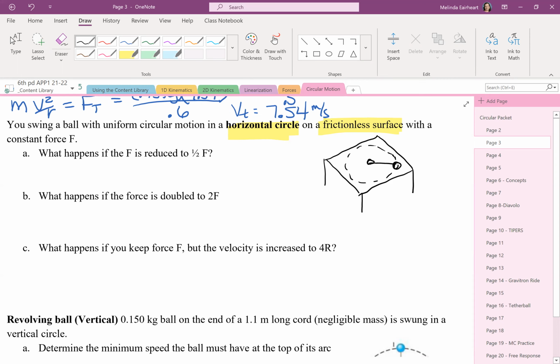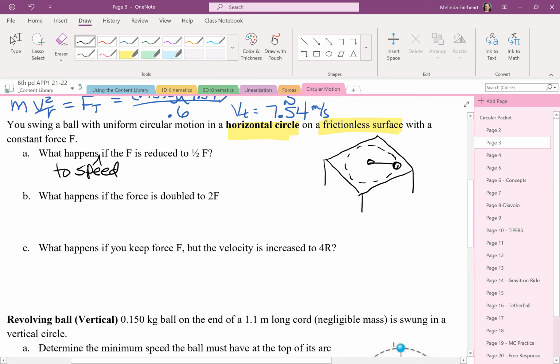And so it's still a horizontal circle. So I've got a top view of this 3-dimensional table. And it says we're going to spin it with a constant force. And we do need to edit the questions a little bit. I don't know what happened. Every year I tell myself I need to go correct this for next year, and every year I forget. What happens to the speed